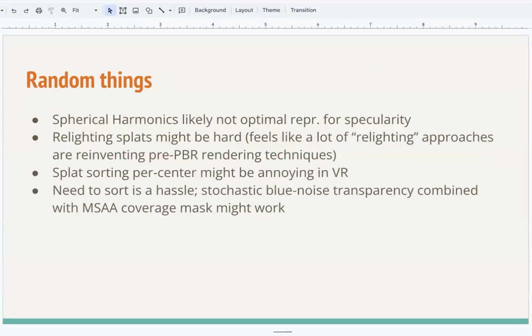Okay, now from the compression into some random thoughts about Gaussian splats: probably using spherical harmonics for the view dependency of the color is not optimal. I guess someone should look into using spherical Gaussians or something like that for these effects.